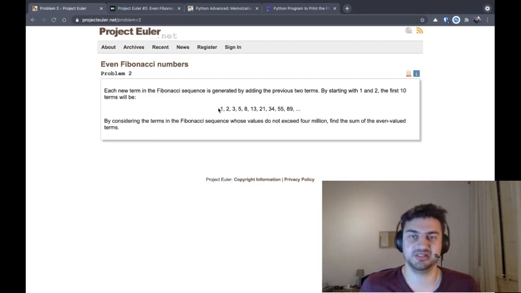If you don't know what the Fibonacci sequence is, it's just a sequence that generates numbers by adding the previous two terms. So if it starts at 1 and 2, and then it adds them both up, and it becomes 3, and then 2 plus 3 becomes 5, and then 3 plus 5 becomes 8, and then so on. And we want all the values that do not exceed 4 million to find the sum of the even value